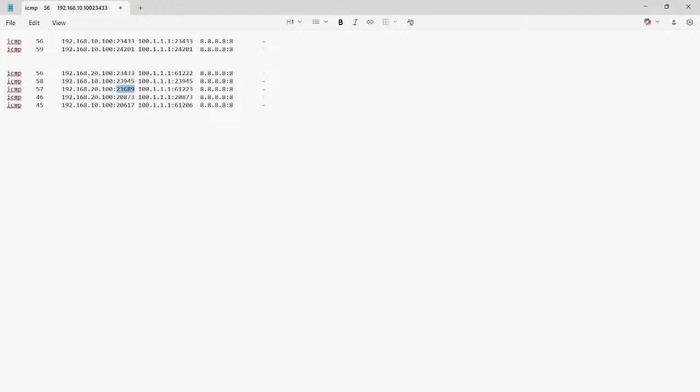Getting point? Yes, yes. Suppose 23433 was not used by this particular session, so it may be used for the same particular port number. If that port number is already used or already available in NAT translation, that cannot be used. Firewall will check the available port number and that would be used in our environment. Okay,